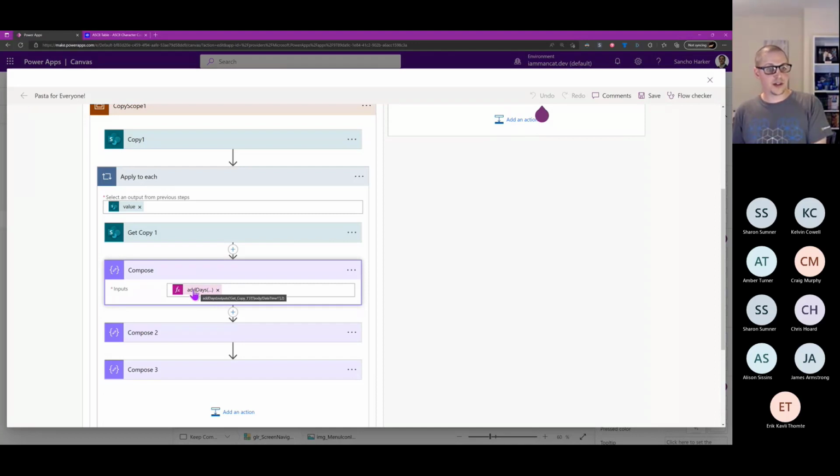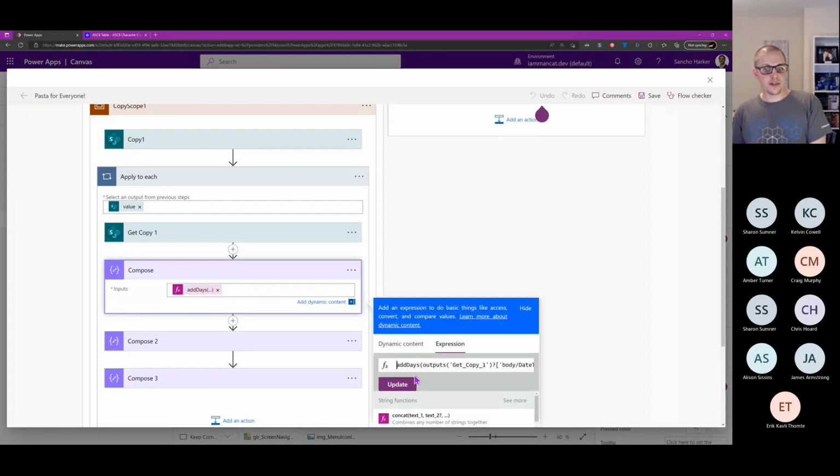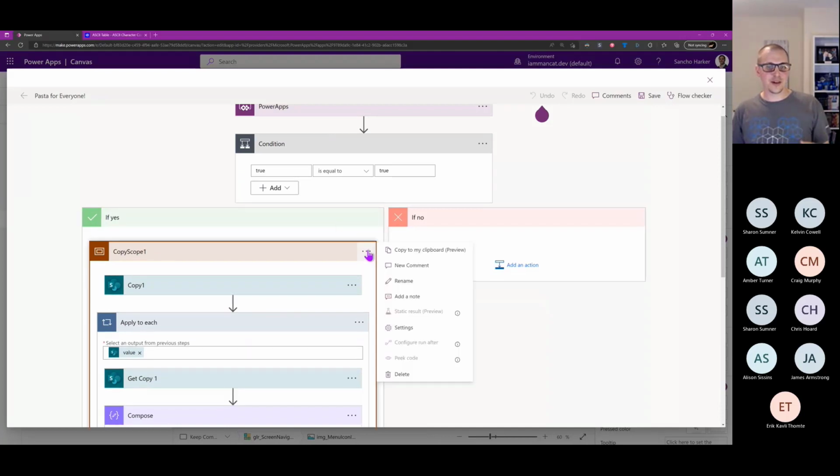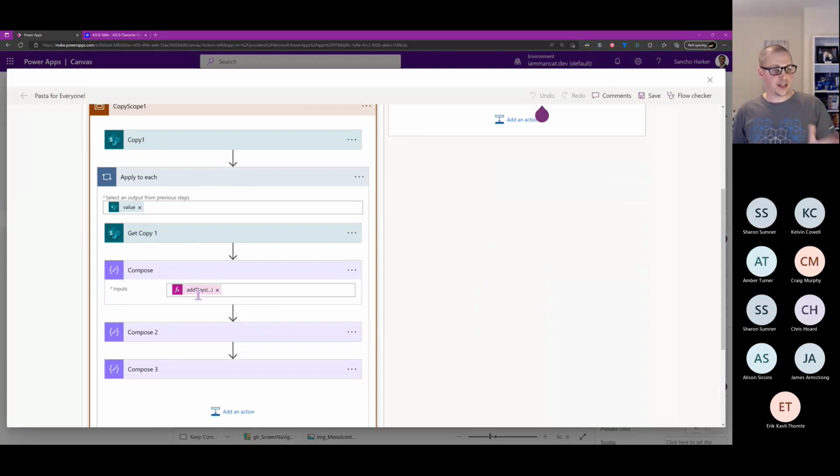But I've got an expression in here that references this get copy 1 field here, which if you've used Flow enough, you'll know if I try to copy this and paste it somewhere else, I'm going to have to go in and fix all of those because unfortunately, most of the time, the expressions do not auto update. So